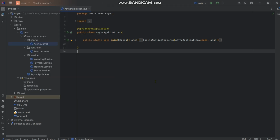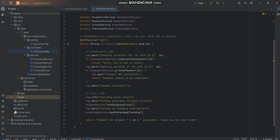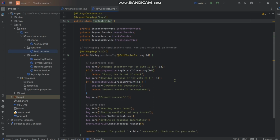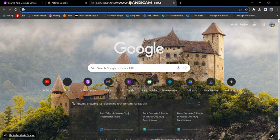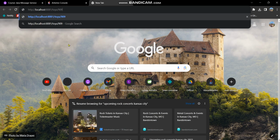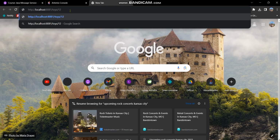All right, so this is just a super simple demonstration using the Spring Boot Async annotation. We have a controller and we're just handling all the logic in here just for simplicity. So what we want to happen, we want to send a GET request to this endpoint, this being an ID of a toy. And although, yeah, in a real application, it would likely be a post method, we're just doing a GET just